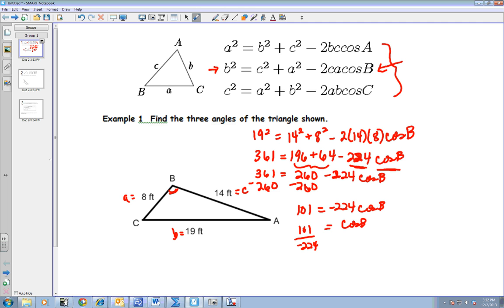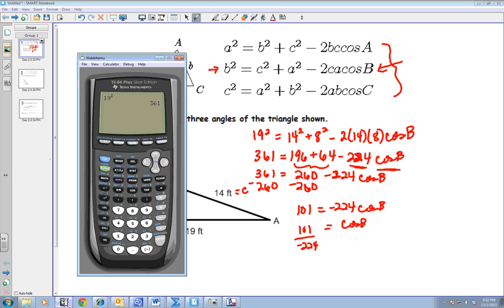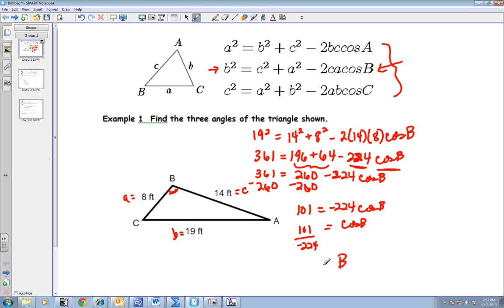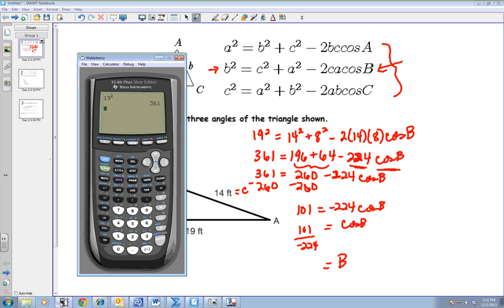So when I put this in my calculator, remember, anytime we're looking for an angle, and I'm solving for angle B, we're going to hit our second cosine button. I have second cosine of 101 divided by negative 224. So angle B is